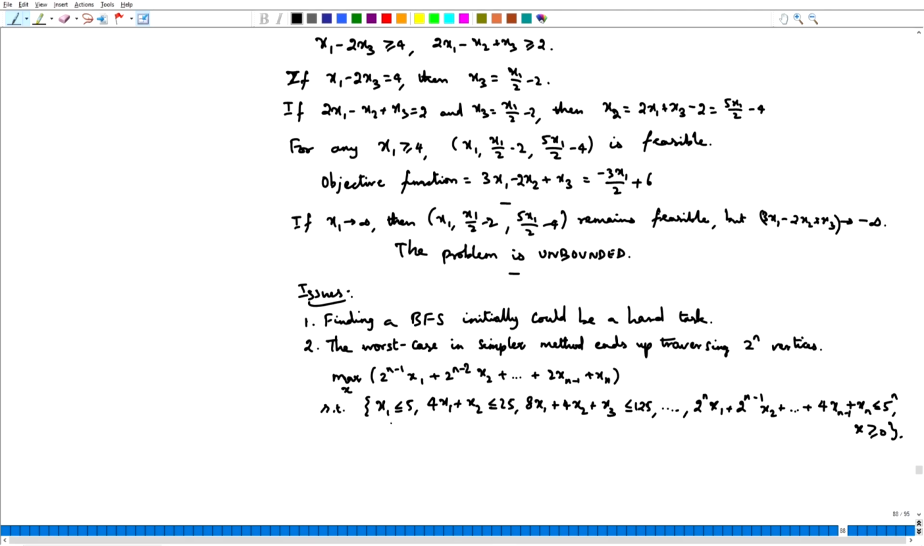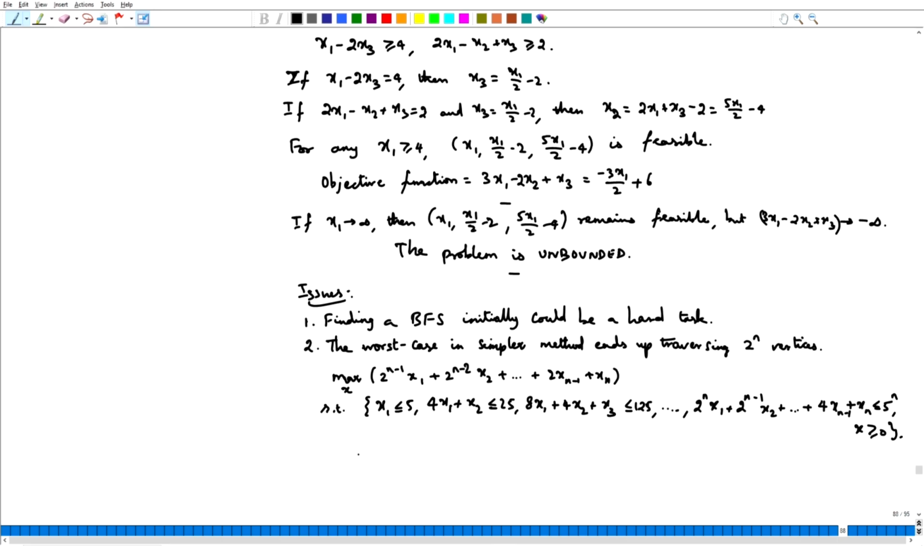The first one is x 1 less than or equal to 5, next one is 4 x 1 plus x 2 less than or equal to 25, then it is 8, 4 and 1, 8 x 1, 4 x 2, x 3, the sum of that less than or equal to 125 and so on until 2 power n x 1 plus 2 power n minus 1 x 2 plus dot dot dot 4 x n minus 1 plus x n less than or equal to 5 power n. So it is a proper LP, right, and if we do all the work that is required,